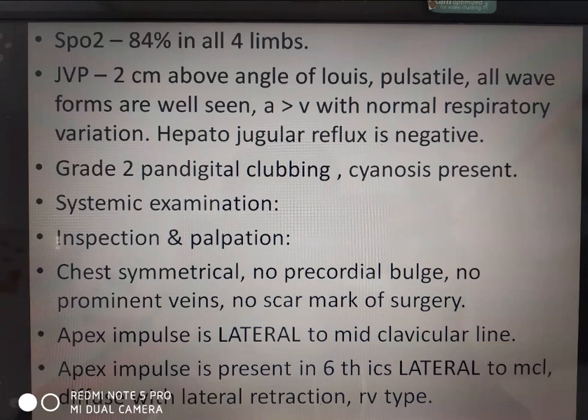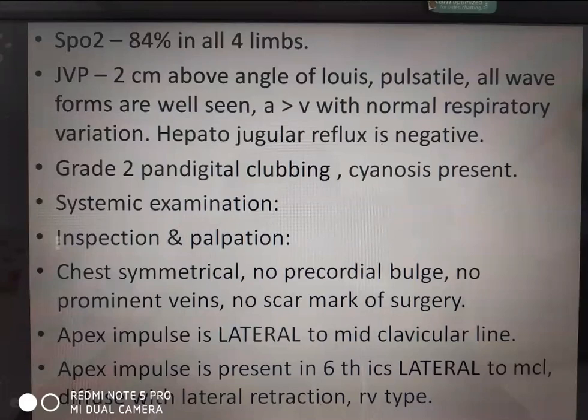If you track medially, then you find that as you go medially, the impulse becomes more and more prominent, and the most prominent impulse is felt in the parasternal region. That obviously means that apex is formed by RV. So that is the simplest method. I will repeat. You palpate the apex beat and track it medially. When you track it medially, after it completely disappears, that obviously means that apex beat is formed by the LV and there is no RV enlargement.